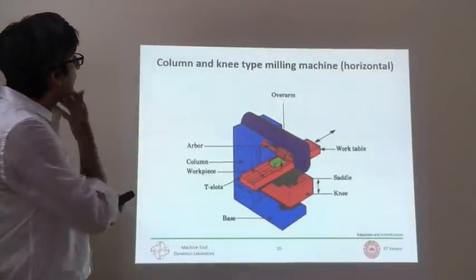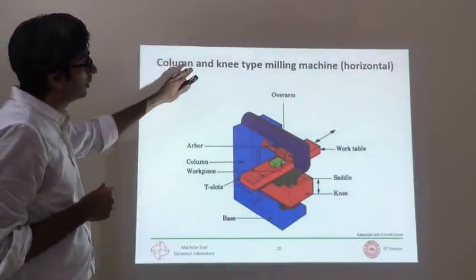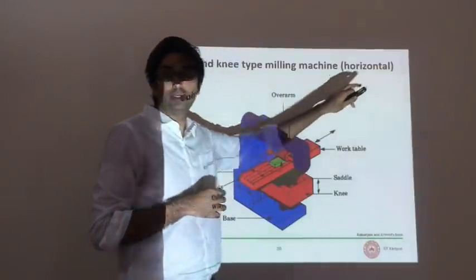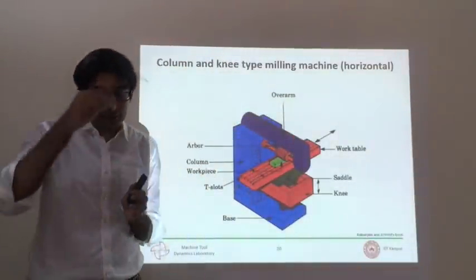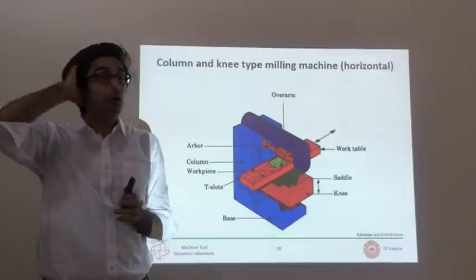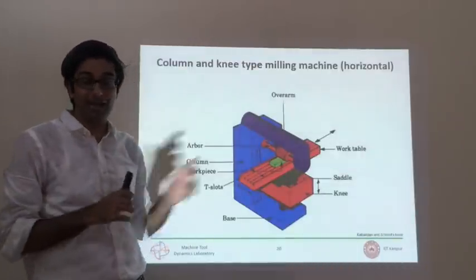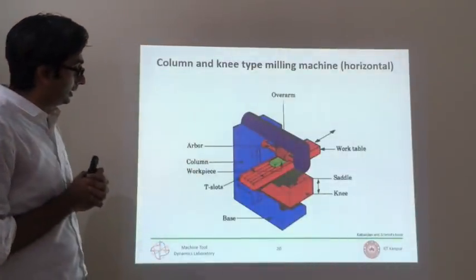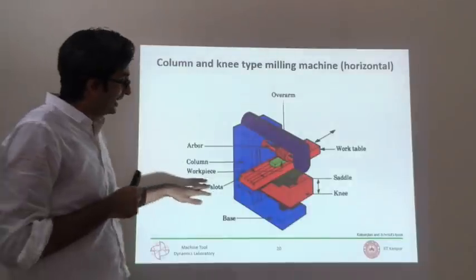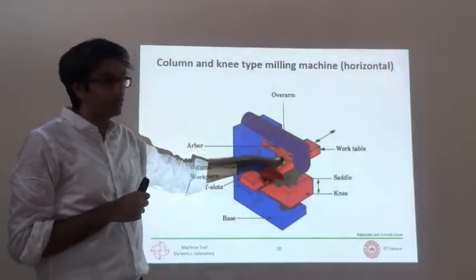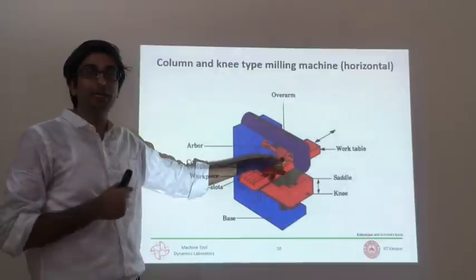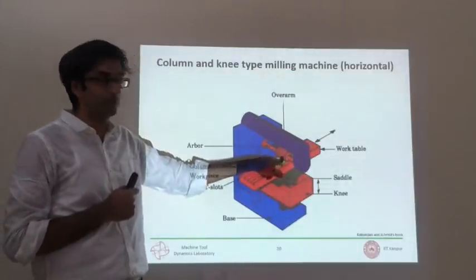Alright, this is called a horizontal configuration manual milling machine. We also have a vertical configuration, and I'll talk about those after I talk about this. As you can see, there is a tool which is very different looking than the ones you saw in turning or milling. This is the tool, right?